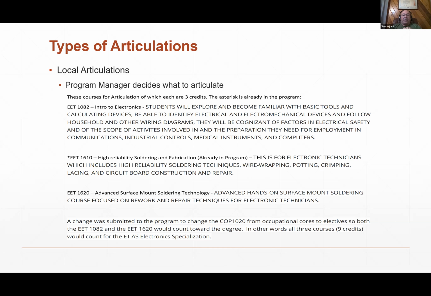So what I did is I moved my COP from occupational core to an elective, and that just added a little more elective. So now, instead of 6 credit hours of elective, I have 9 credit hours of elective. So they're going to get 2 credit hours of elective and 1 core class just for going through soldering training at Lockheed Martin. And that has been a big, big thing, because we started it a couple of years ago,